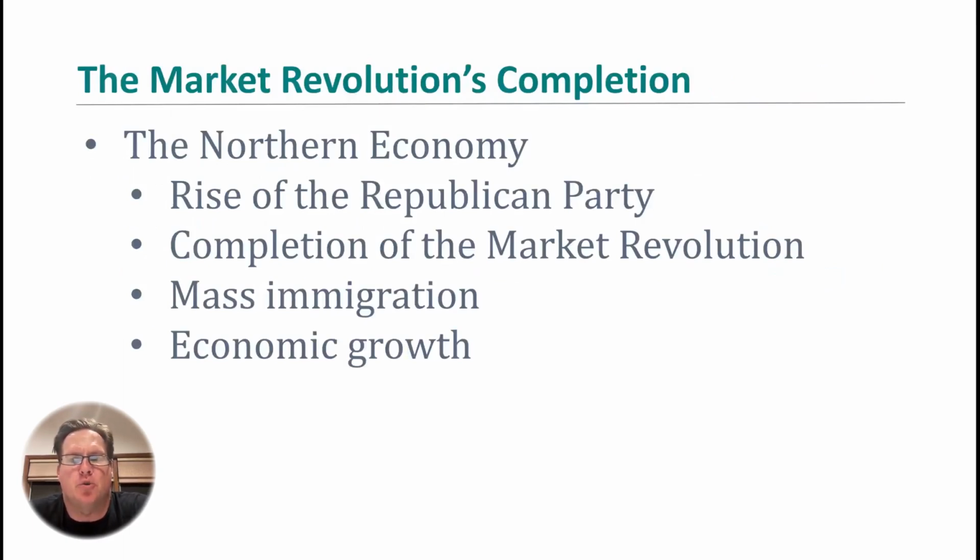basic economic and social changes in American society, namely the market revolution's completion and the beginning of mass immigration from Europe. The American economy grew rapidly in the late 1840s and early 1850s. The expansion of a national railroad network did much to hasten economic growth. By 1860, railroads, not shipping, carried most of the crops and goods in the nation. Rail helped integrate the Old Northwest and the Northeast, laying the basis for political unity in the form of the